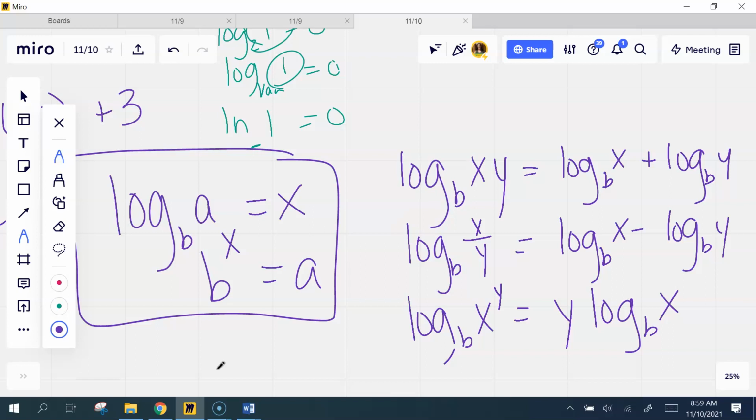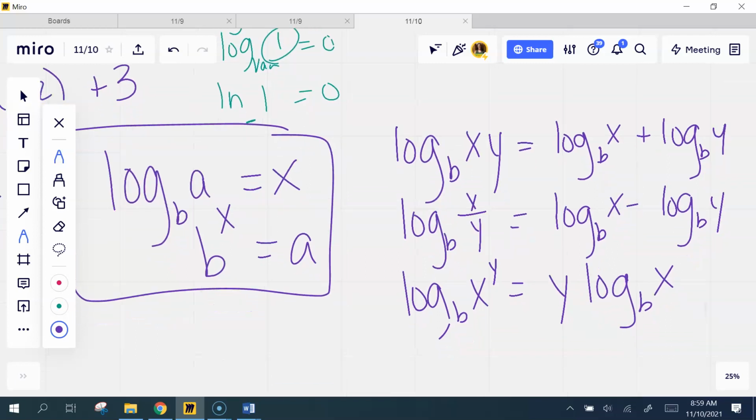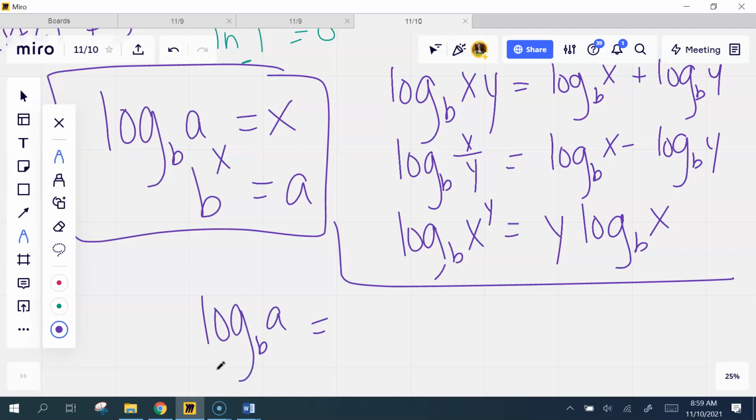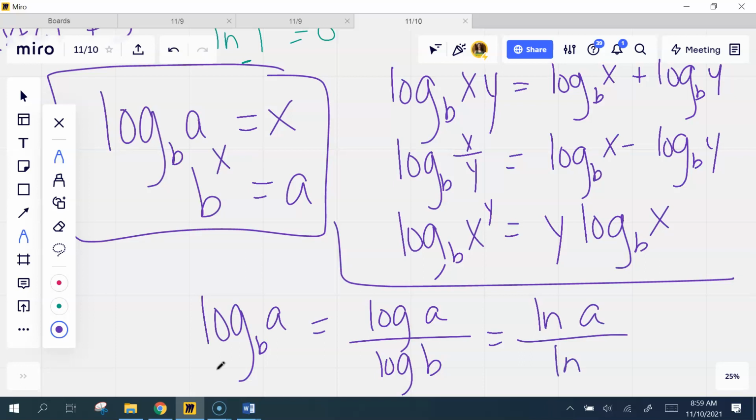There's your 3 properties when we're condensing or expanding that you need to know. Change of base. If you're plugging it into your calculator, I guess I lied. It was log base b of a. You could plug in log of a divided by log of b, and there could be any base here. It could be natural log of a. It's just change of base. It lets you evaluate any